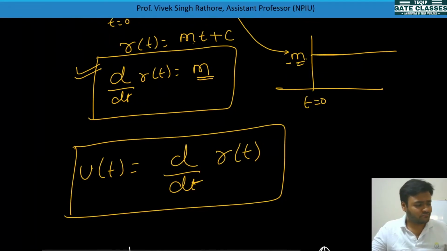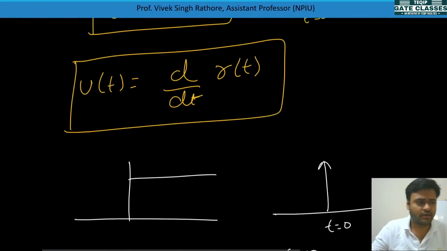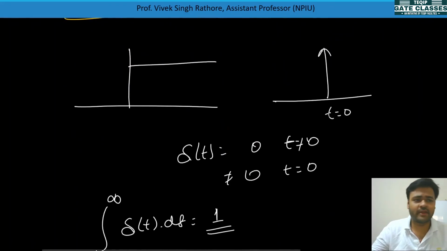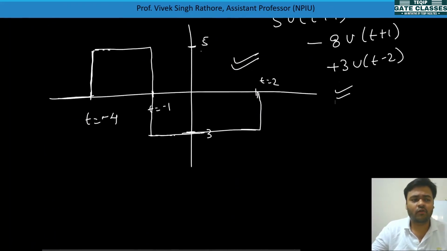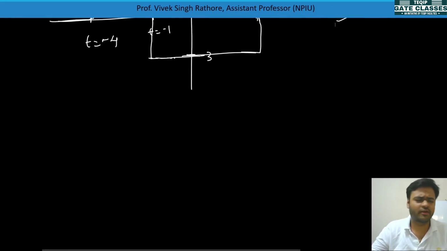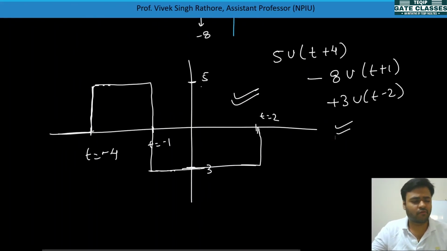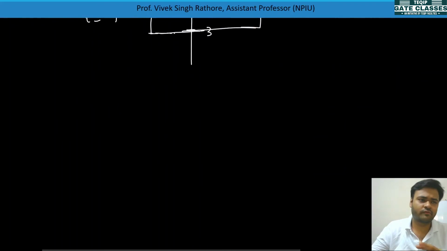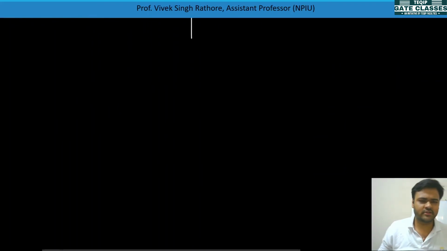So this was it for this lecture. From the next lecture, we'll deal with the classification of signals, because we have already read many operations performed on elementary signals. Now we'll go for classification of signals, and then classification of systems. So from the next lecture we'll do it. For this lecture, this much only.